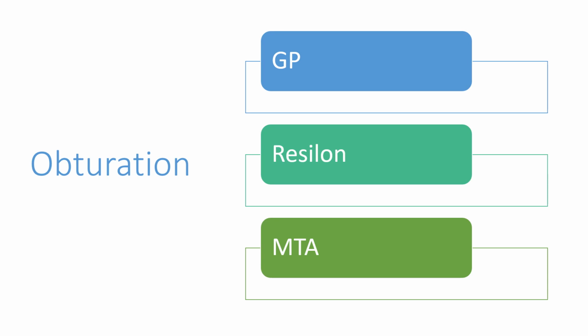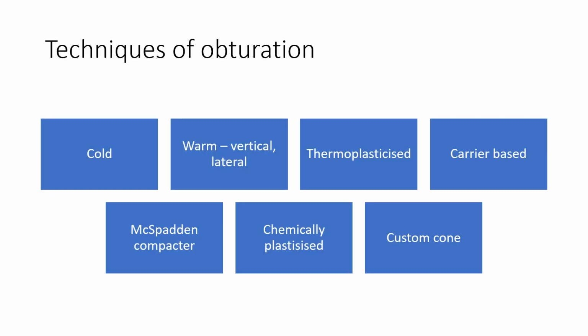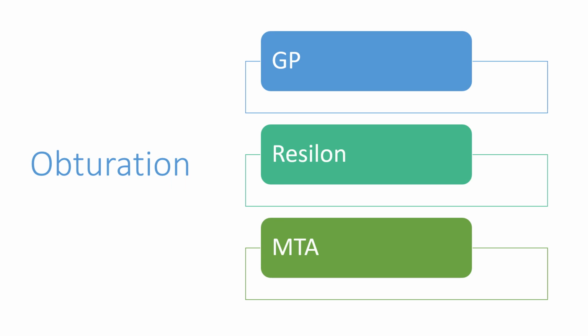That is a place where everyone makes a mistake, because the moment they ask the question with the percentage, everyone will think it is GP, so GP's percentage will be more. It is wrong. The GP's percentage is less compared to the filler, which is zinc oxide. That is one thing you should note down. Then you have other types of obturation material, which include Resilon and MTA. You should know the composition of MTA, which is very very very important.